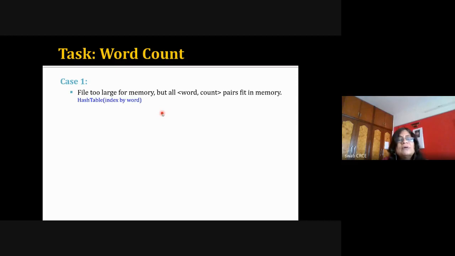It will read the first word, add the word into the table or the array, and make the count one, since this word has occurred for the first time. Now it will read the next word and try to search for that word in the hash table or the array. If the word is already there, then its count will be incremented, and if the word is not there, then it will traverse all the elements of the hash table or array, and if the word is not present, it will make a new entry.